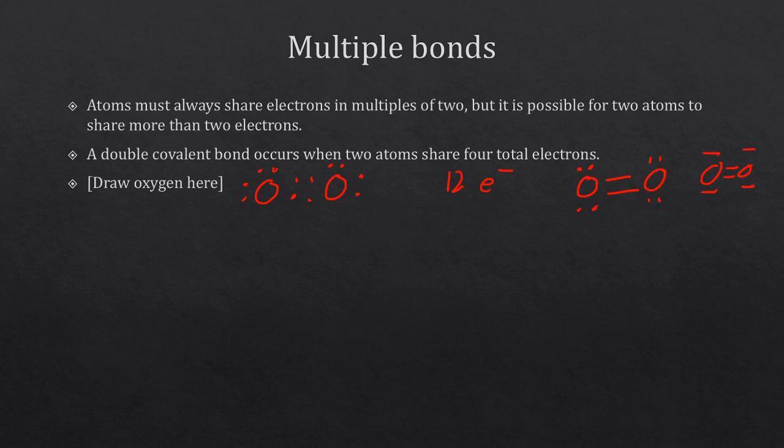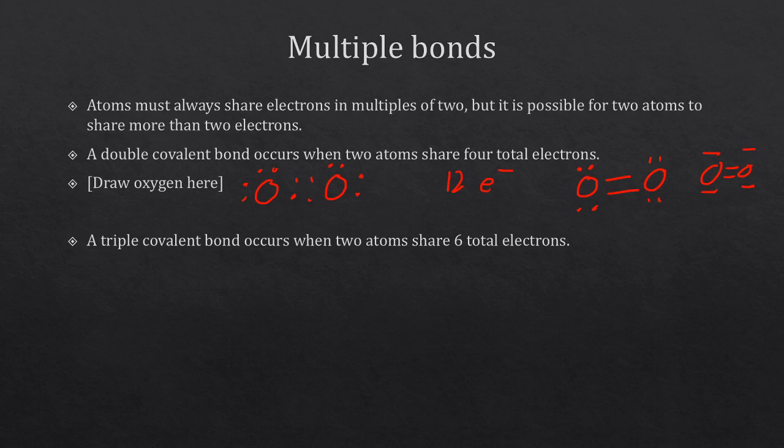That the oxygens are sharing 4 total electrons, which is 2 different bonds between the oxygens. We can also have a triple covalent bond where the 2 atoms share 6 total electrons. So let's look at nitrogen as an example of this. If you have 2 nitrogen atoms, they have a total of 10 electrons between them, but they want to still get to 18. To do this, they're able to share 3 sets of electrons and just keep 1 lone pair